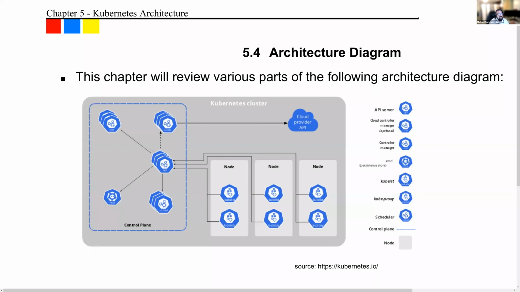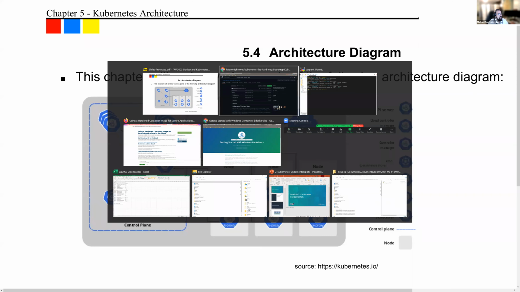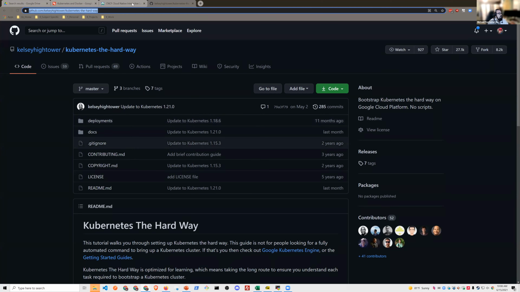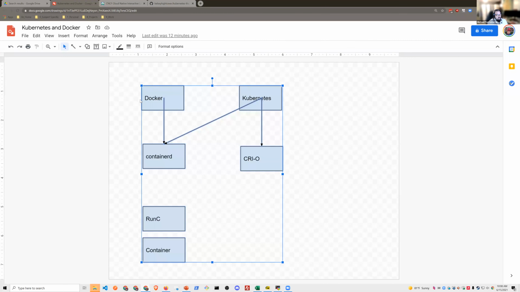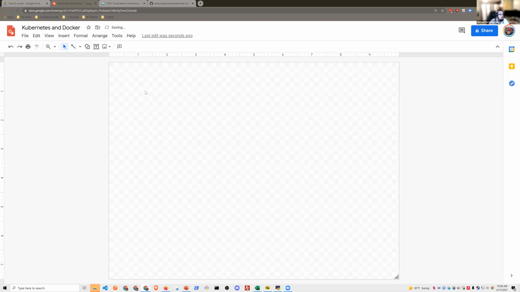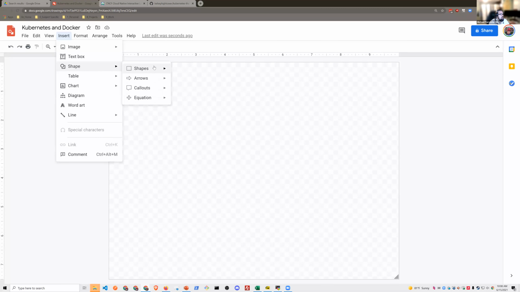Now, this is an interesting kind of setup because the nodes themselves, all they really run is a kubelet, which is used to interface back with the API server, or, sorry, they're interfacing with the kube proxy, which controls a lot of the networking and does some proxying. So if we go back to our drawing over here for a second, the thing to think about is that